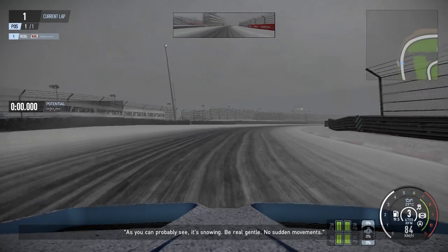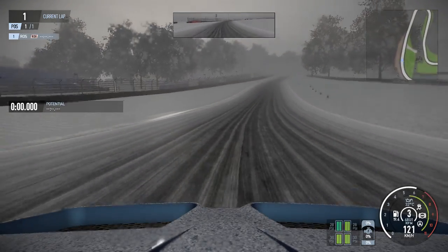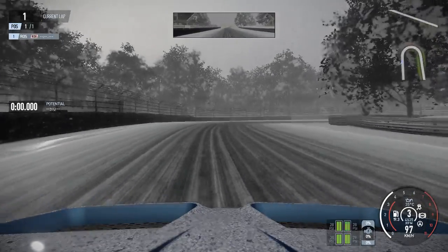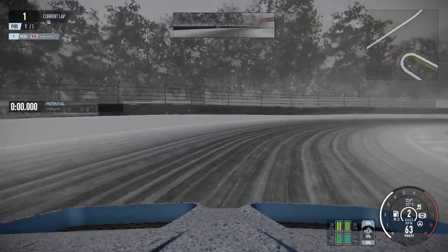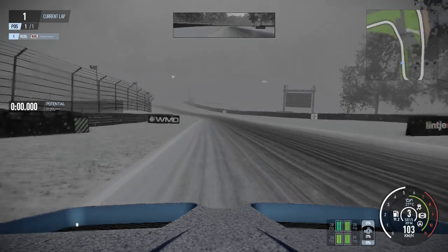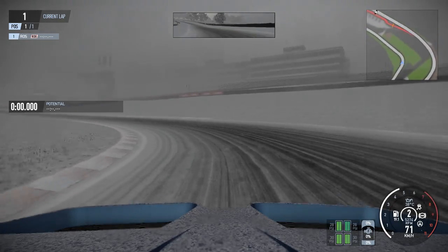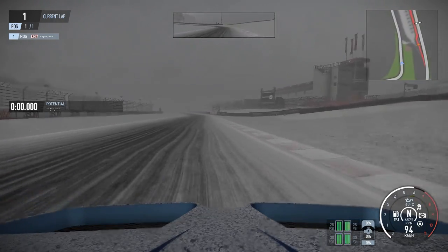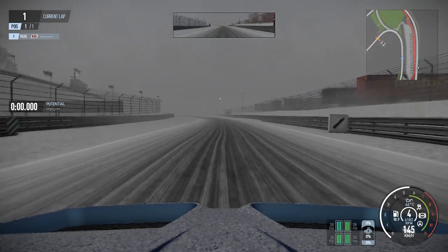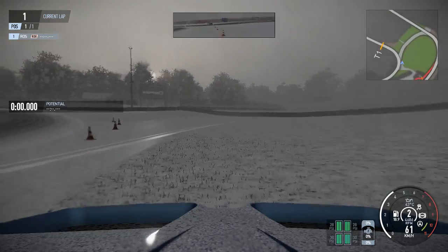Keep it real. Jeez, I really should have just taken a rally car, shouldn't I? Do I have... Oh, I've got some grip. No, I've got grip. Do I have brakes? Yes. Yeah, okay, a little bit of oversteer. No, it's alright. I knew the Lancer would be up to the challenge. Not even a hint of oversteer on acceleration. I should have slowed down for that corner though. That's my bad, but again,